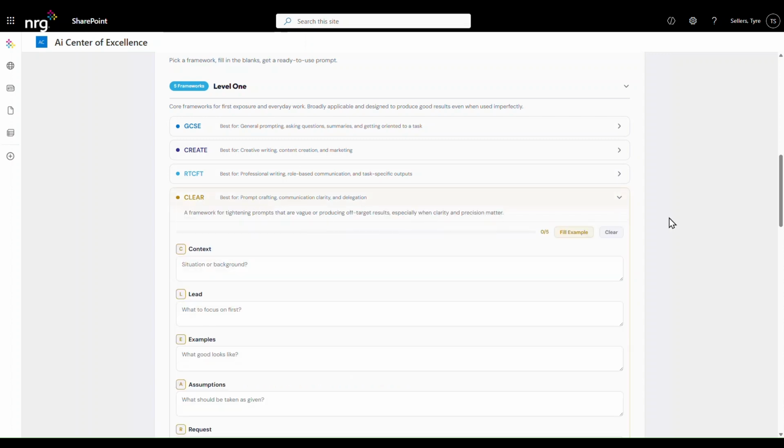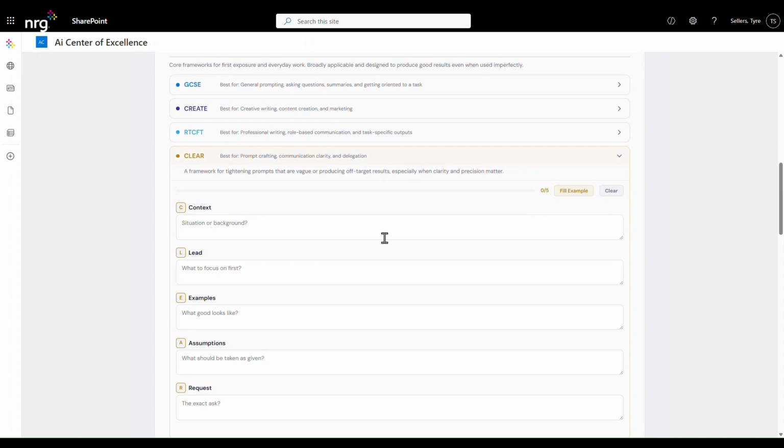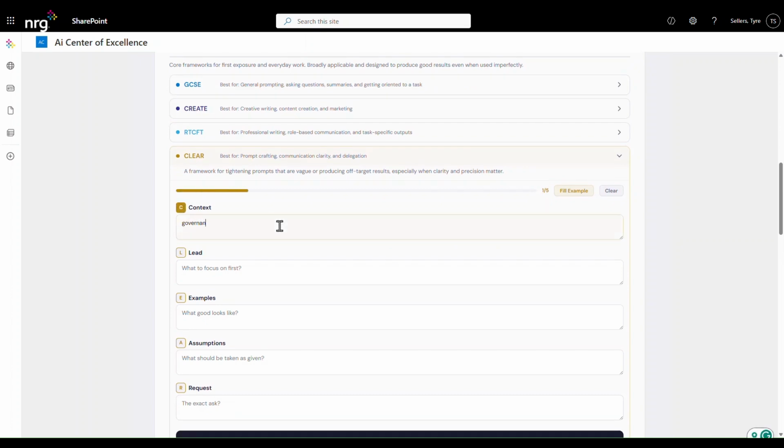We're going to open up Clear. This one is good for prompt crafting, communication, clarity, and delegation. I'm going to give it some information. What is the situation or background? I have governance meetings coming up. I want it to draft me an email, and I need the email to be concise and professional.